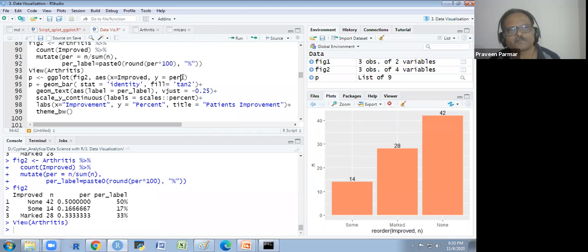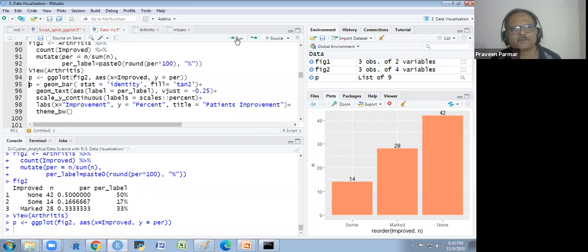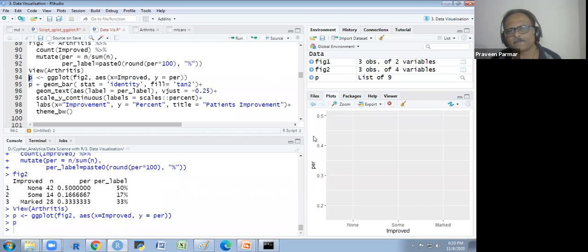Per. So I just show you this. And if I run this, so it is the per. It is the proportion basically. Okay.